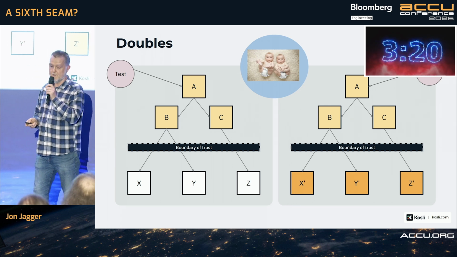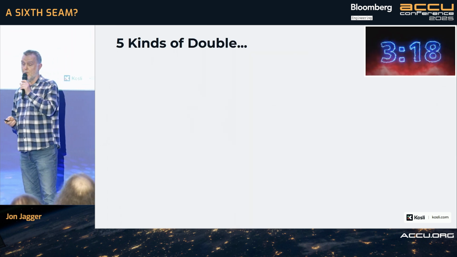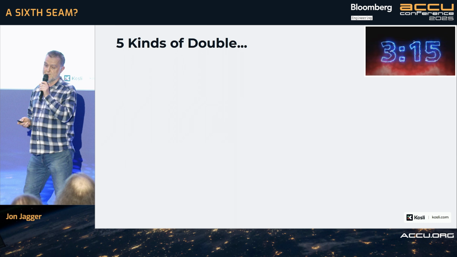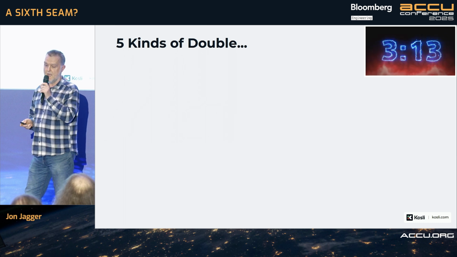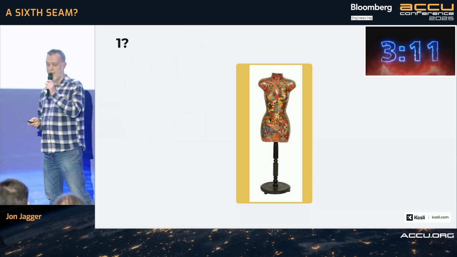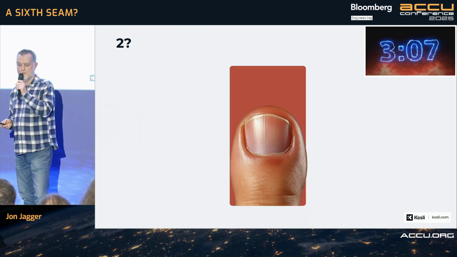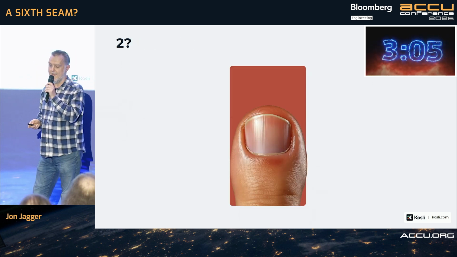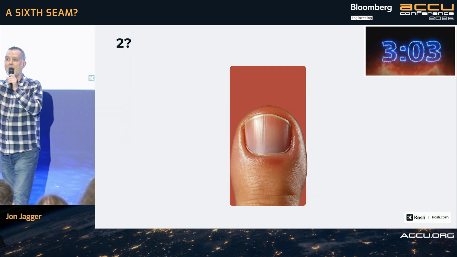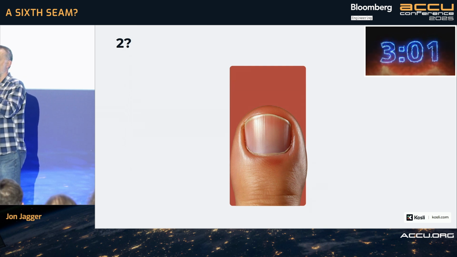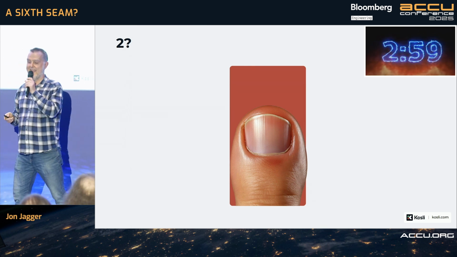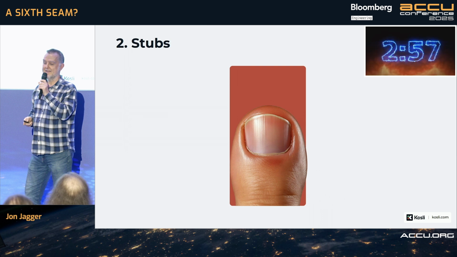So you'll probably know the terminology. There's 5 well-known doubles. They have specific names which you'll know from testing. See if you can get them. What's this one? Dummy. What's this one? Stub.